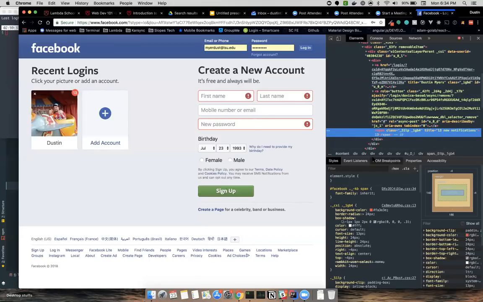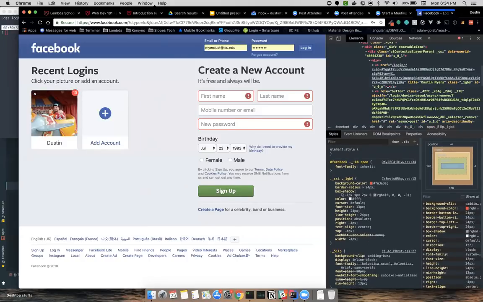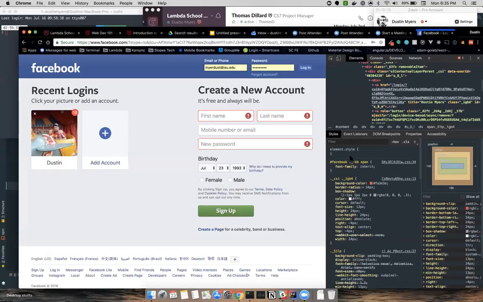That is defined by the CSS. So if we look back at the presentation here, our HTML is our structural language, and our CSS is our presentational language. The HTML is giving that website its content, and the CSS is giving it its style.